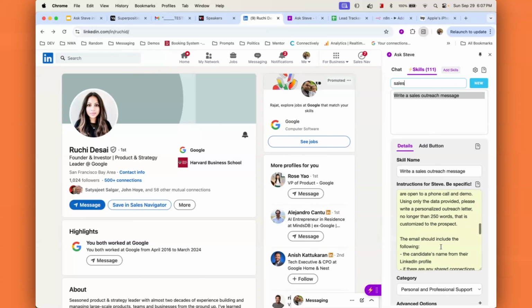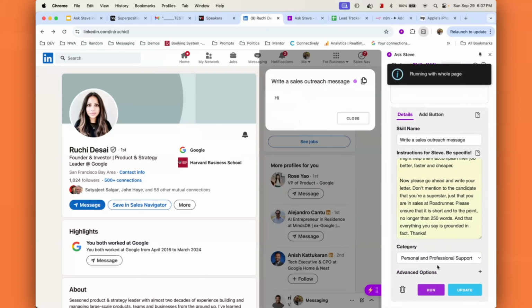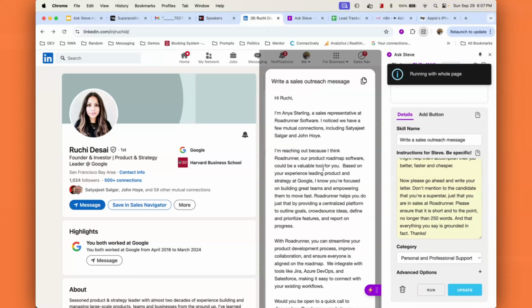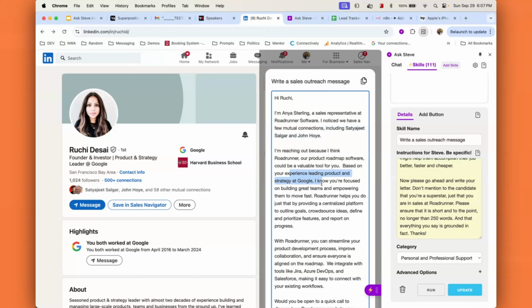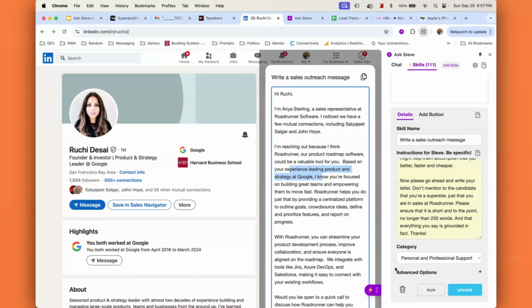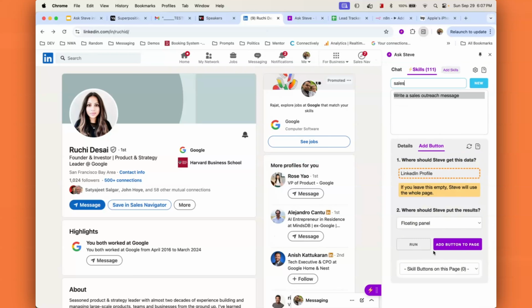So in this case, first thing I can do is I can just run this. So I can just hit the run button, and it runs on this page, and in a floating panel, I get a customized message to this prospect, including people that we know together, knows about like the job that they had before. But if I'm going to do this frequently, what I can do is I can add my own